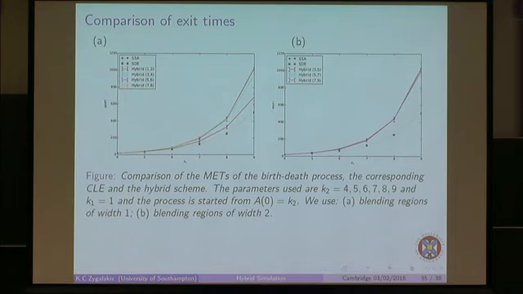Basically, what you see is that when the blending area has size 1 and is very close to 0, I'm still sort of better than the chemical Langevin equation, but I'm not capturing the true behavior. But when we make the blending area equal to 2, the hybrid model agrees exactly with the SSA. And I think this is definitely worth exploring more and trying to understand what is happening here a bit better in detail,